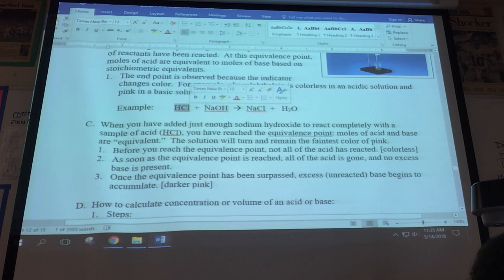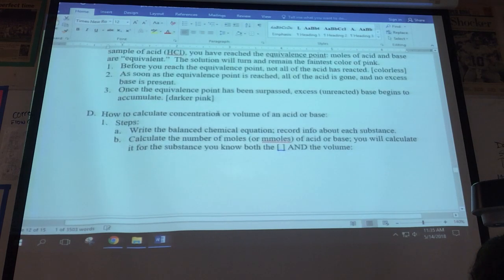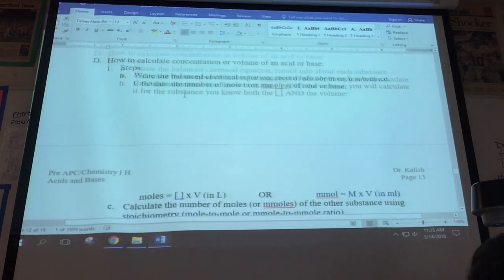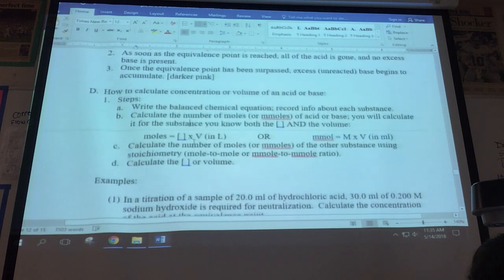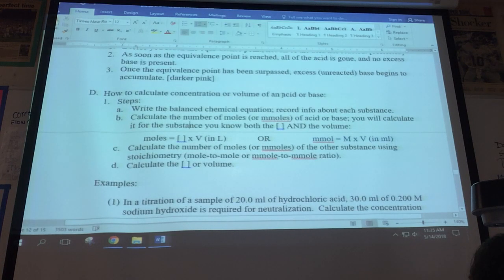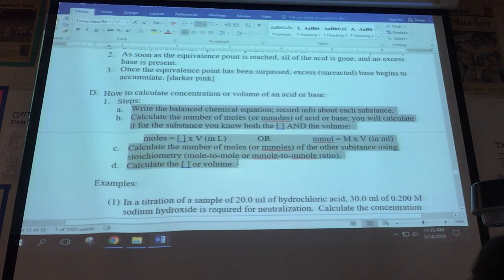If you add more base than you have acid, then you will be past the equivalence point with a pinkish or dark pink color. What we want to really focus on today is how to calculate concentration or volume of an acid or a base, and it's typically a 4-step process. A few tricks I want to show you along the way, and then we'll walk through 3 examples